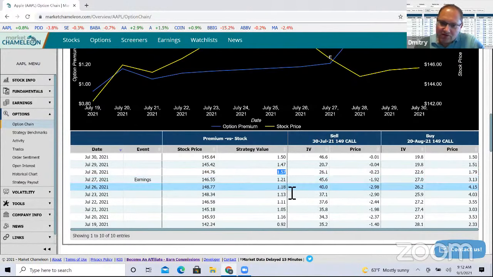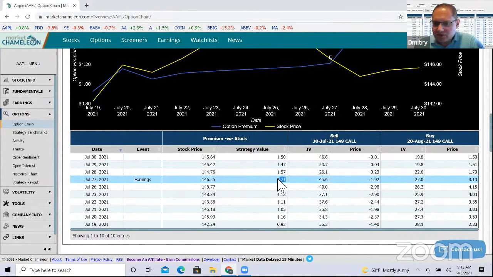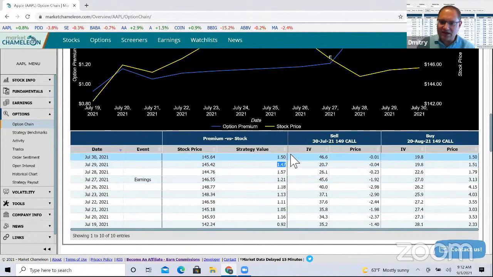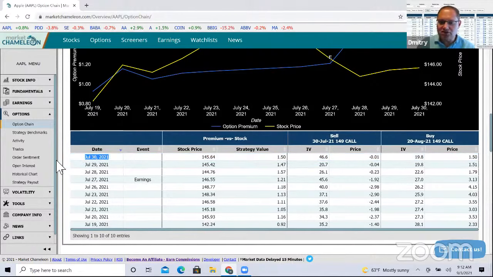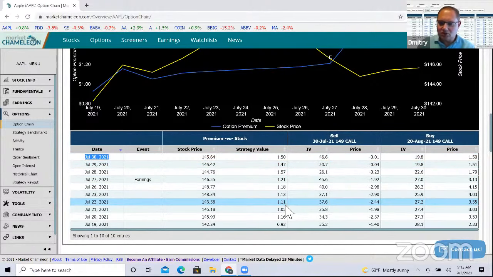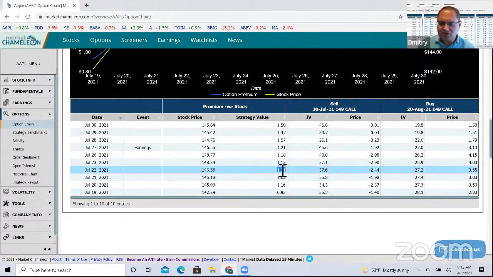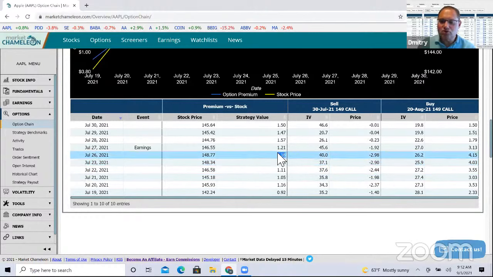So you could see that from here, or we could say even from here, that spread gained value, 30 cents, which I don't know, quickly, might be something like 20-something percent, right? That's how much it gained value in this scenario. And you could kind of see what it did the following day and the day after. Now, July 30th, this expired. So that's when this strategy ends, at the first expiration. And we could go back in time as well to see where these average prices were heading into that